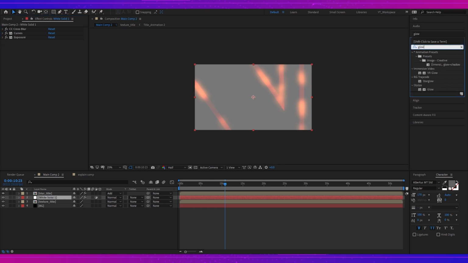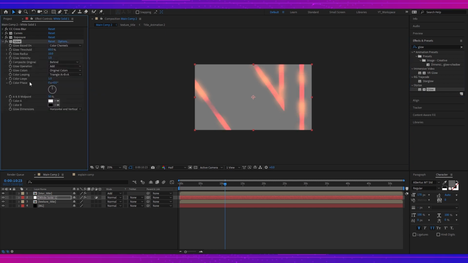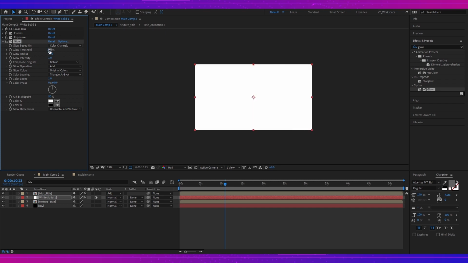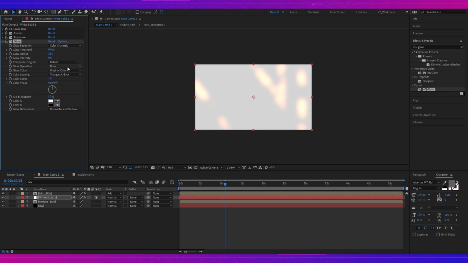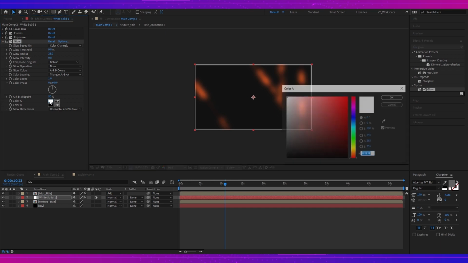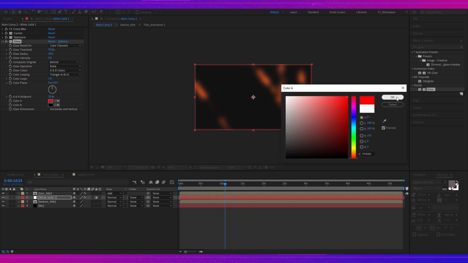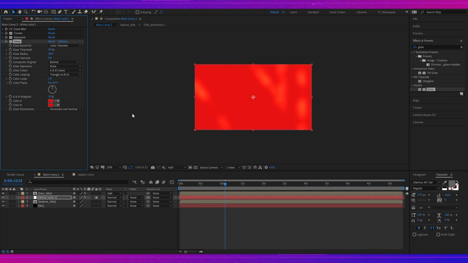add a glow. Let's change the threshold to 9.8, and yes, the radius should be somewhere like 28. Glow intensity a little bit lower, and now the glow operation none. Then change it to A and B color, change the color to pure red for both of them, and that's